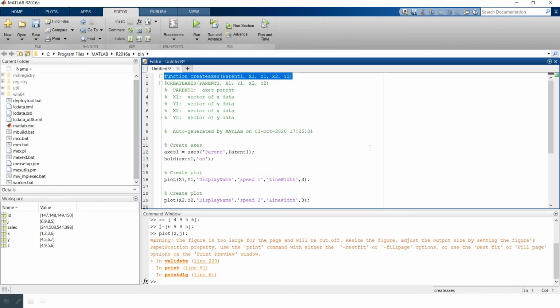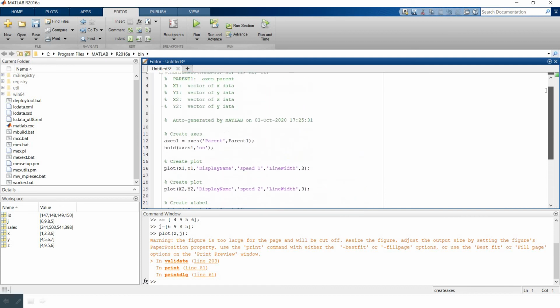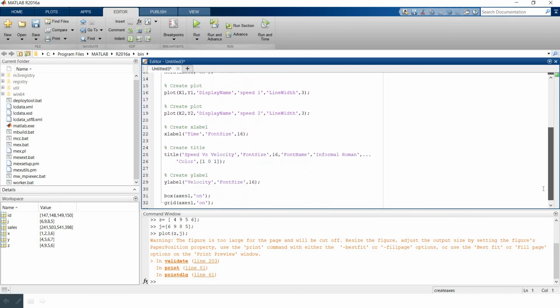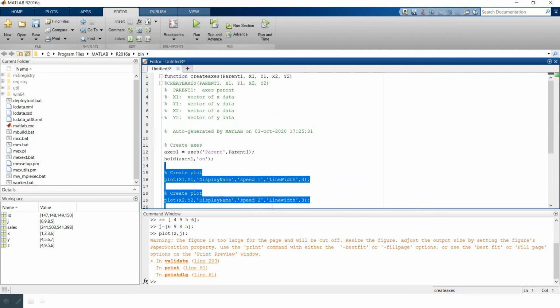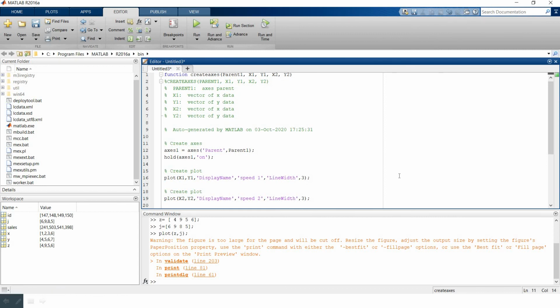It will create all the code that is there. So you need not memorize the code. If you forget the code, you can just do the formatting, right click and say show code. It will show the code.